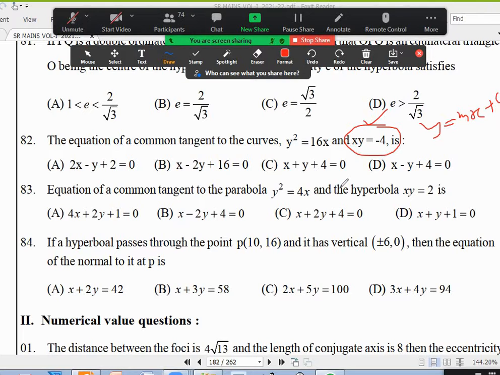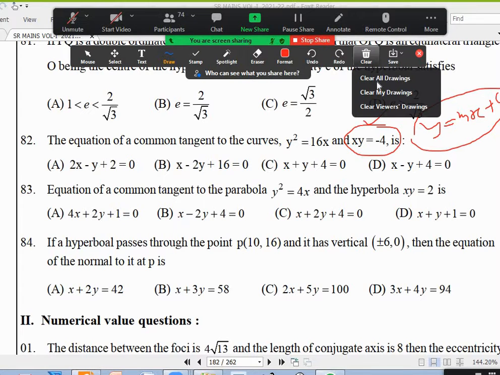Sir, we know the general tangent for the parabola: y equal to mx plus a by m. Correct. So we will substitute y as minus 4 by x, solve that, and the discriminant will be 0 for that equation. Yes, correct. Any time you forget any formula, even for y square equal to 4x and all, how do you get the condition for a line to be tangent? Simply substitute the line in that equation. In the place of y, substitute mx plus c, and you get a quadratic equation in terms of x. If the roots are equal, it is tangent. Some formulas we forget, and you can do that.